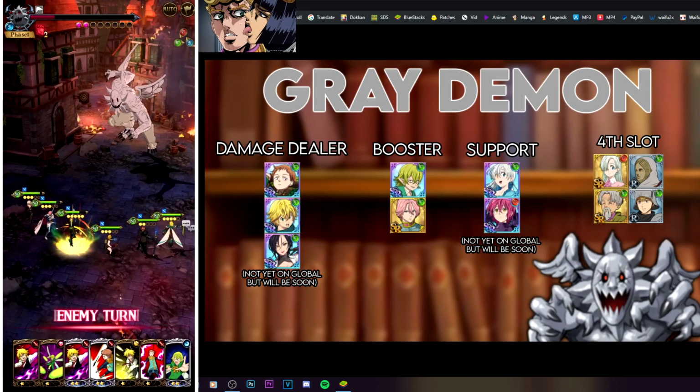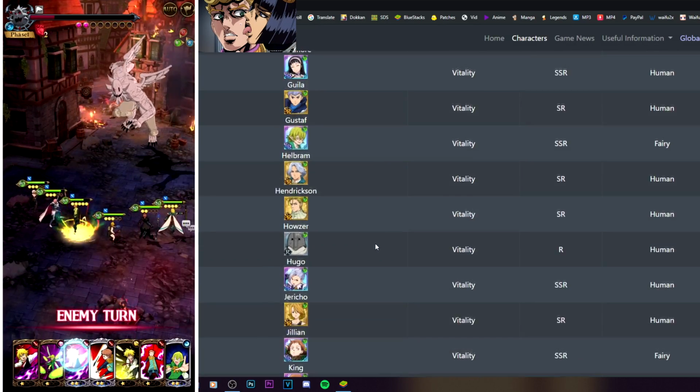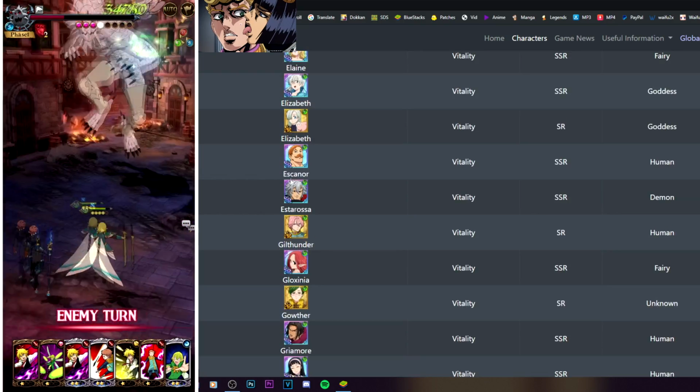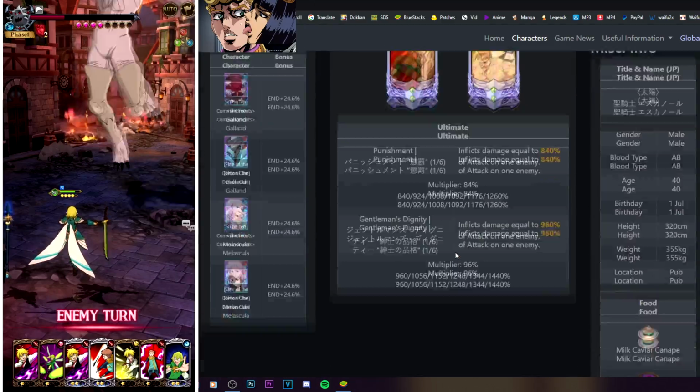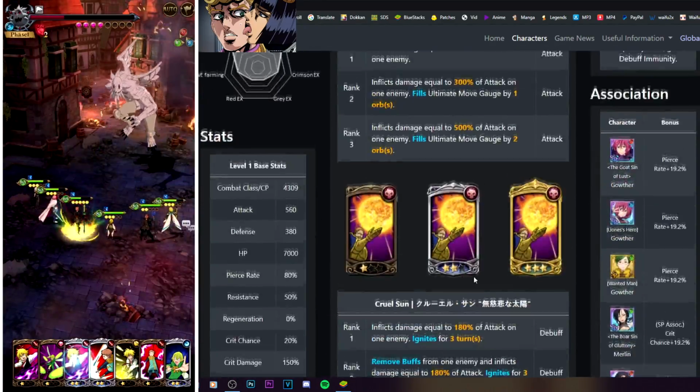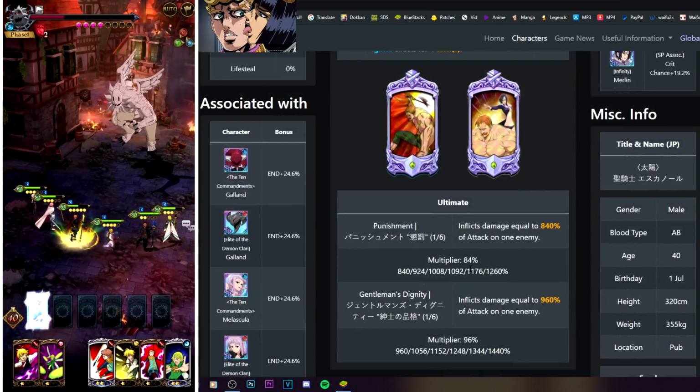But to be fair, even now on JP, the only real unit people use is King. Even Escanor is a green unit, and this attack counts, but this one doesn't when he's flying, right? And because of it, no one uses Escanor. And even still, King would do more damage. So